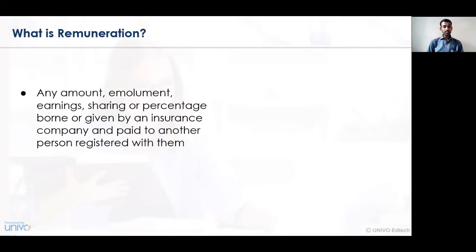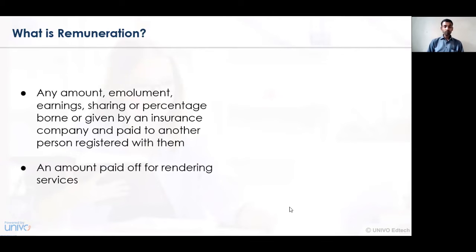So when an insurance policy is being sold by a particular person who is the official registered agent of an insurance company. Now, as per the norms of the regulatory agency, that is IRDAI, a particular person can be appointed as an insurance broker, an insurance agent or a corporate agent for selling the insurance policy. And when these policies are sold by the agents, brokers or commission agents, we pay a certain sum of money to those people. The money that is paid to these people is called remuneration. And hence, the remuneration must be paid to the registered brokers or registered persons only.